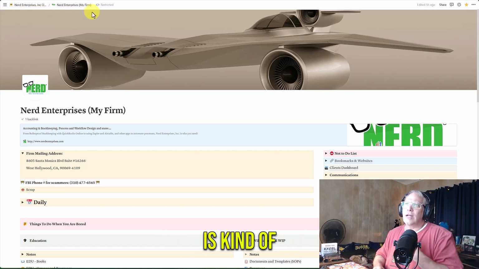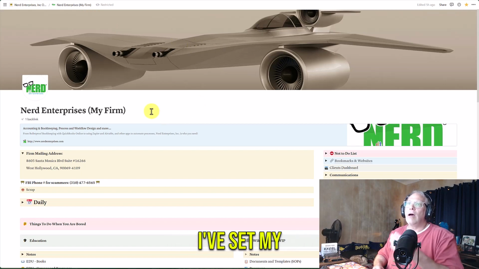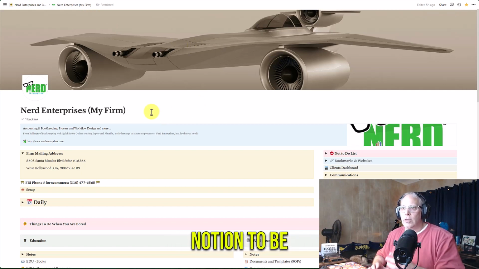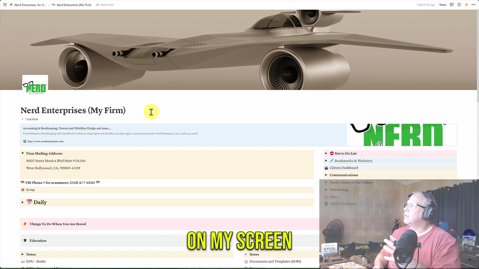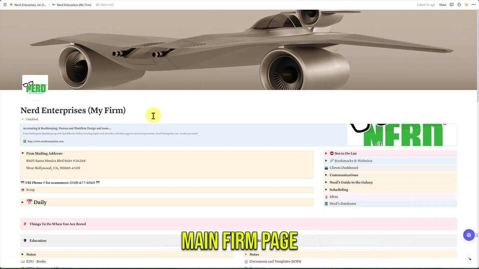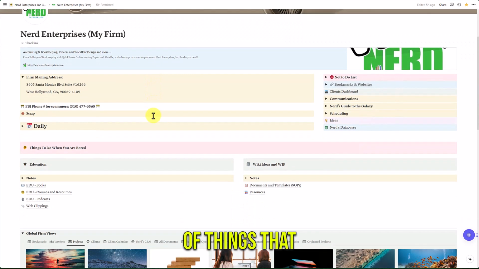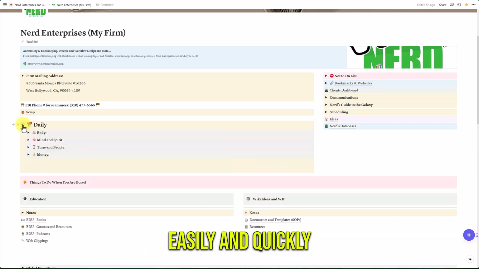So what I want to do is walk you through real quick how I've set my system up in Notion to be modeled after the whole Getting Things Done method, right? What you're seeing on my screen here is my main firm page, right? So this is just a dashboard, if you will, of things that I want access to easily and quickly throughout